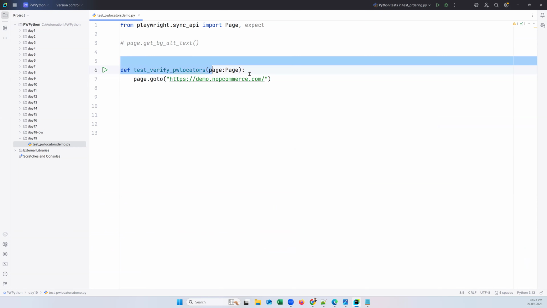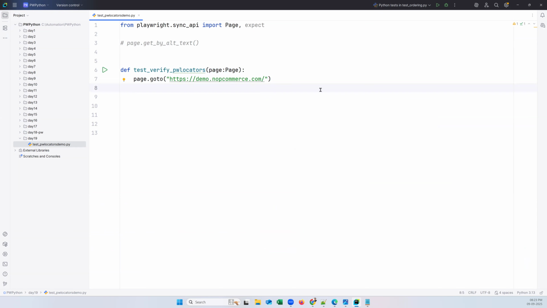So this is a test function I have written, and it just launches my page. Now I want to use a locator called getByAltText. And what is this alt text actually? We need to understand this. GetBy is okay, but what is alt text, and where can we find this alt text, and what type of elements can we locate by using this alt